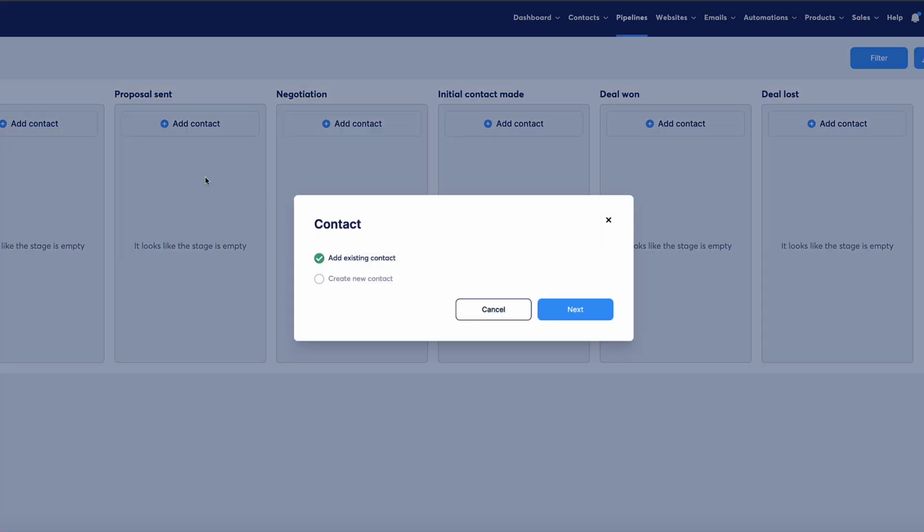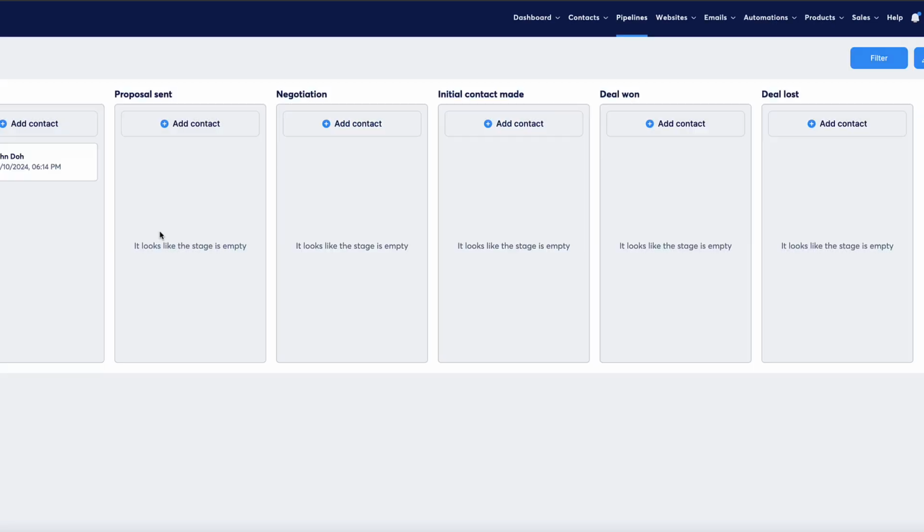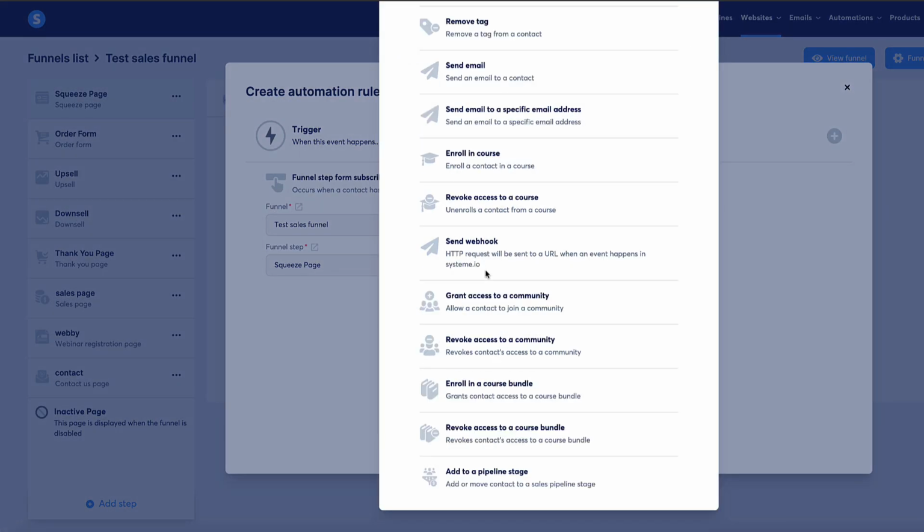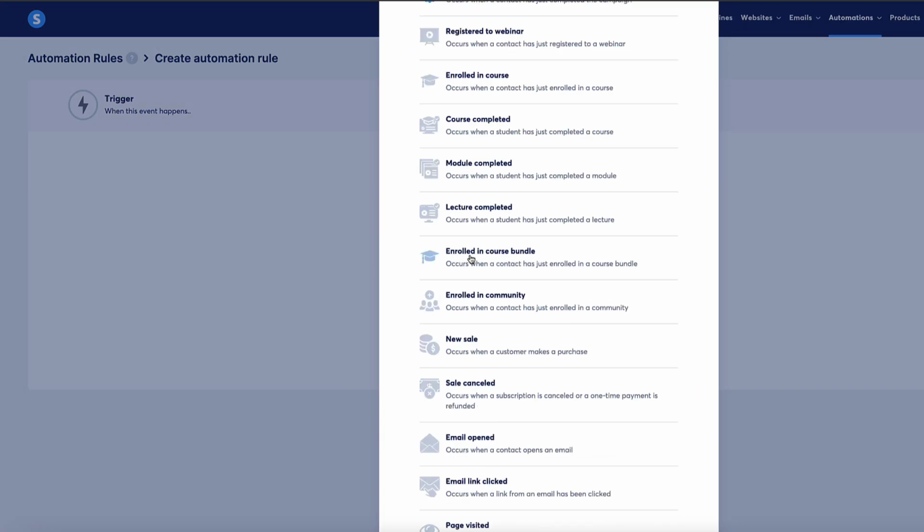In this System.io pipeline tutorial, I'm going to show you pretty much everything you need to know in order to use the new feature in System.io, which is, of course, the pipeline feature. Now, this is a great tool to help you manage your prospects and improve your sales efficiency. System.io's pipeline feature is really intuitive. It's easy to use, and there are lots of ways that you can connect automations to it to make your processes even more efficient. Now, let's get into this tutorial, and I'll show you how to use the pipeline feature in